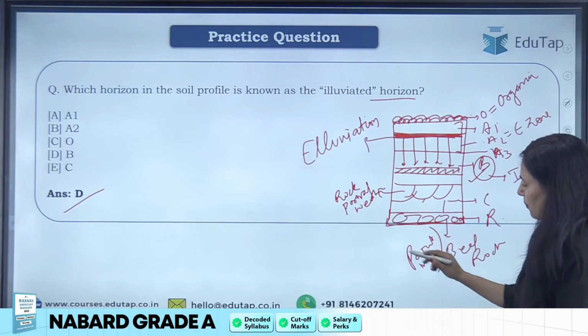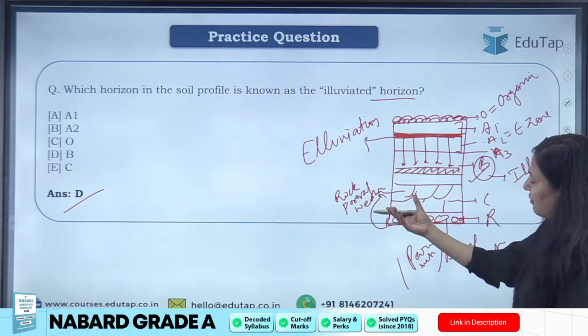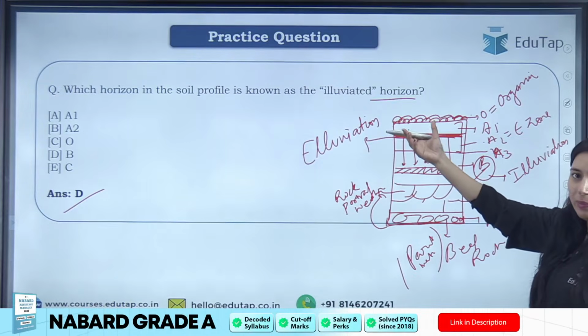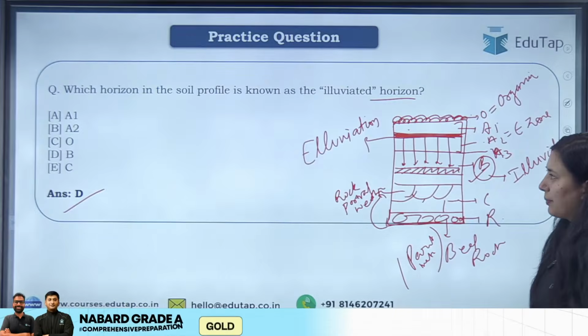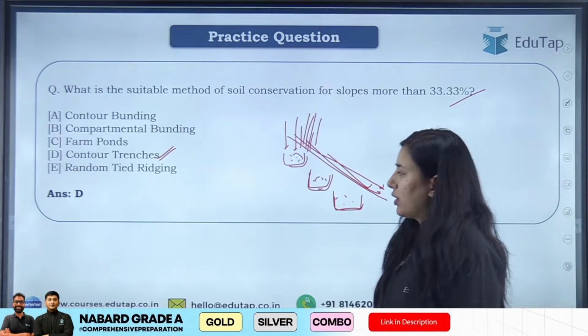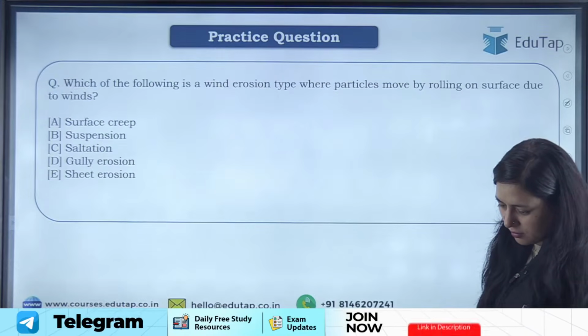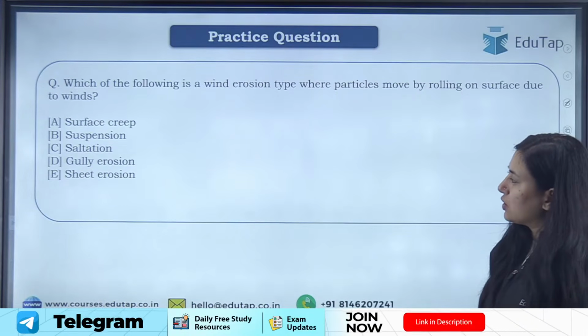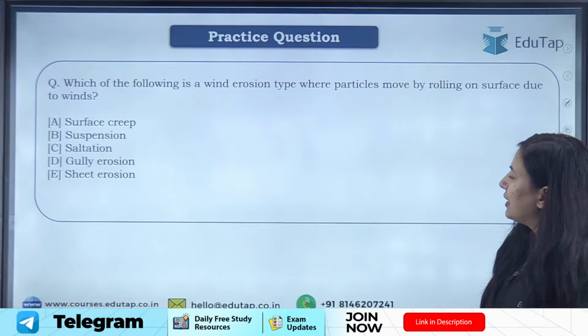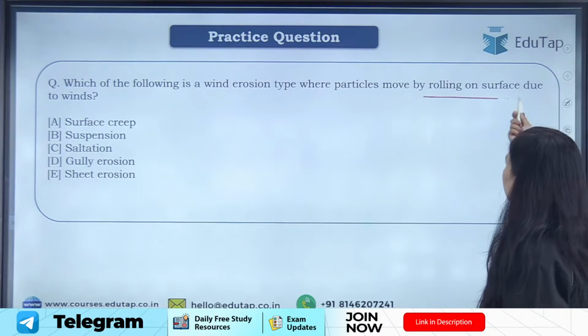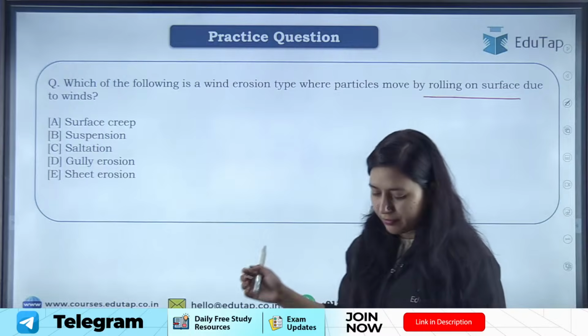ठीक है, तो पेरेंट मटेरियल पहले पार्शियली वेदर होगा, धीरे धीरे तभी उसके ऊपर सॉइल बनेगी, राइट. तो ये है पूरा आपका सॉइल प्रोफाइल. क्लियर? ओके, आई होप दिस इज ऑल्सो क्लियर. कंटूर ट्रेंचेस. ओके, अब नेक्स्ट क्वेश्चन है, विच ऑफ द फॉलोइंग इज अ विंड इरोजन टाइप वेयर पार्टिकल्स मूव बाय रोलिंग ऑन सरफेस ड्यू टू विंड? ओके,